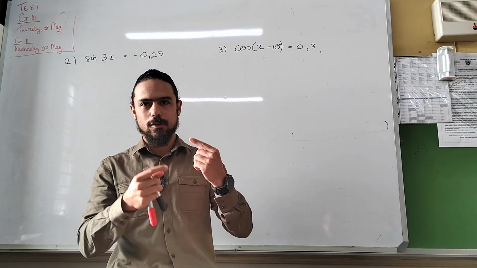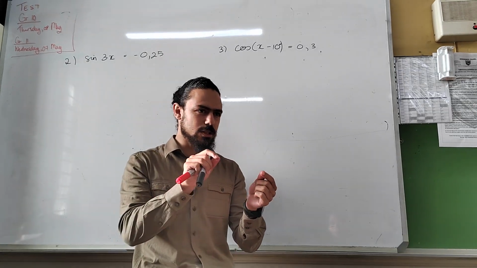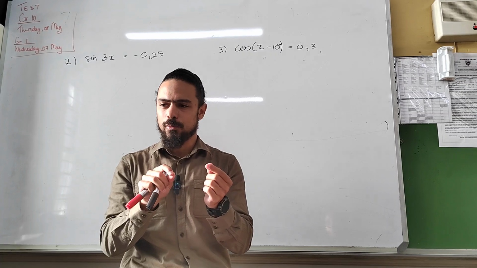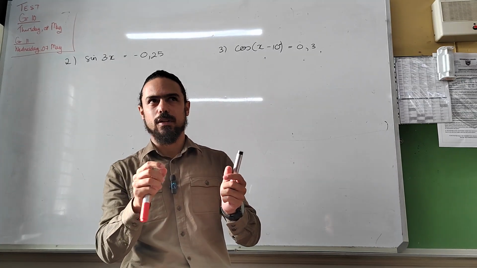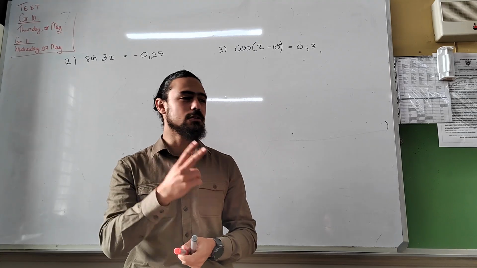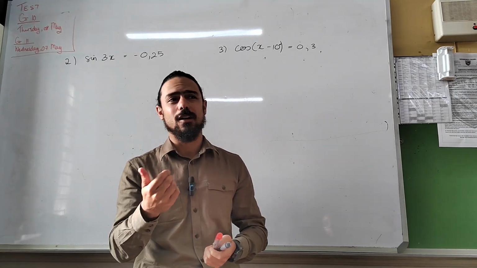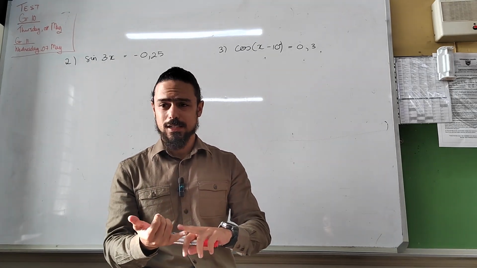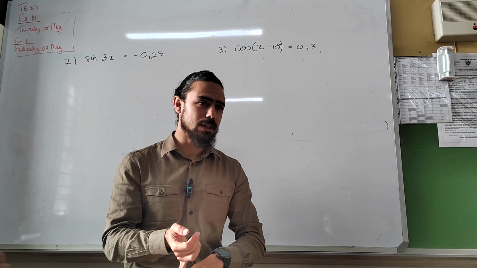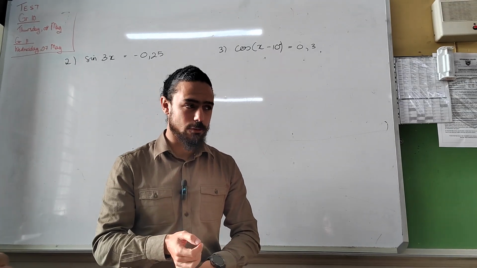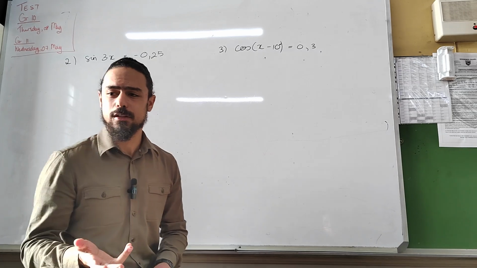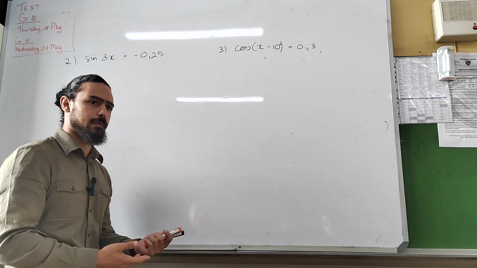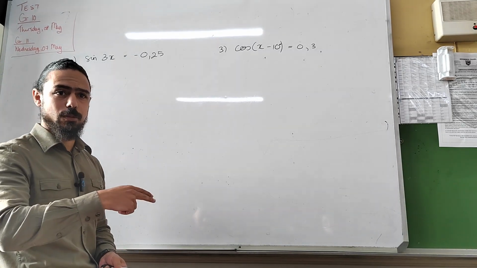Then you're going to get one that is a little bit more difficult to solve, which says leave your answer correct to 2 decimal places. Then you're supposed to know you're going to do one of two things. The most obvious thing is to use the quadratic formula. If you don't know the quadratic formula, you can also do completing the square. All right. And then after that, we get